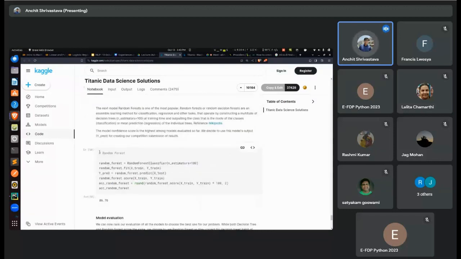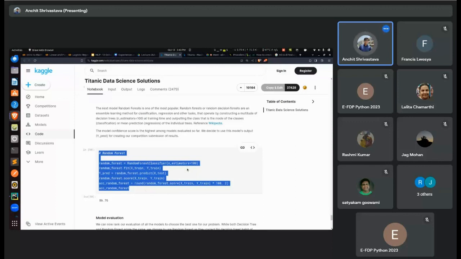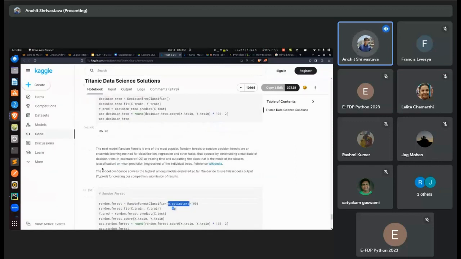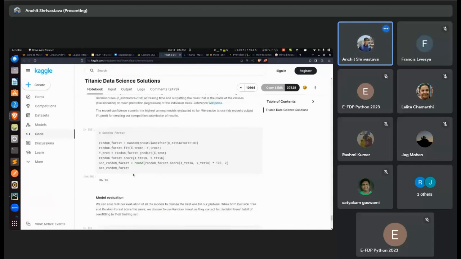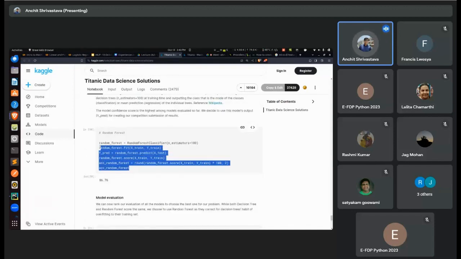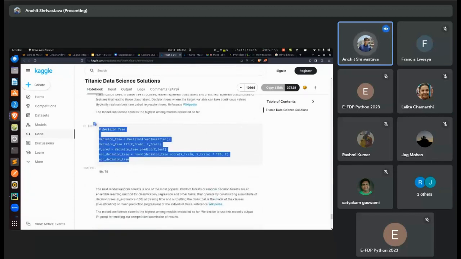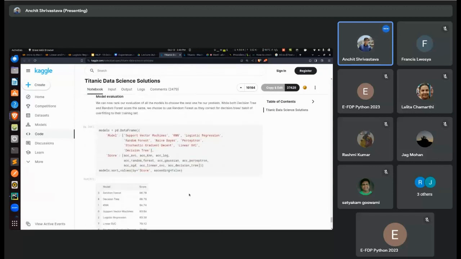Now in random forest as well, they have used the default features. They have just used 100 estimators in this, and we can see that the accuracy score is quite similar, which means that using random forest might not be really essential, and we could save some computation. So we can just go ahead with decision tree and try to